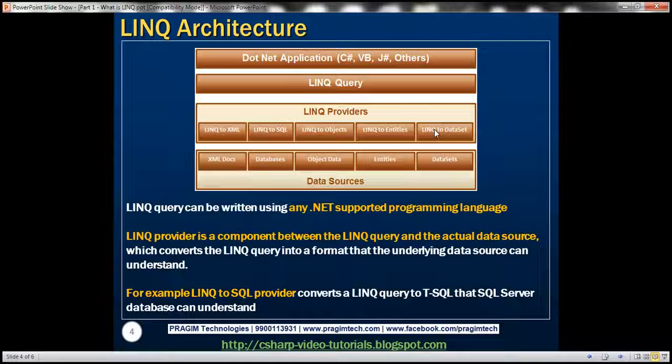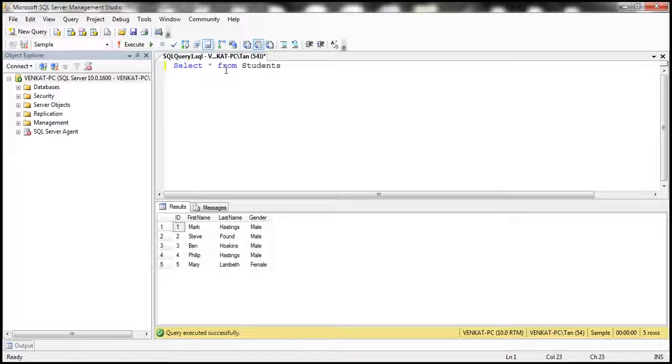Now, let's look at an example of using LINQ. But before that, let's actually write some ADO.NET code, see what are the problems with that, and then we'll try and rewrite the same example using LINQ. So let's flip to SQL Server Management Studio. So this is the table that we'll be using for the demo. So here we have both male and female students. All we want to do is write ADO.NET code to retrieve only male students and then display them within the